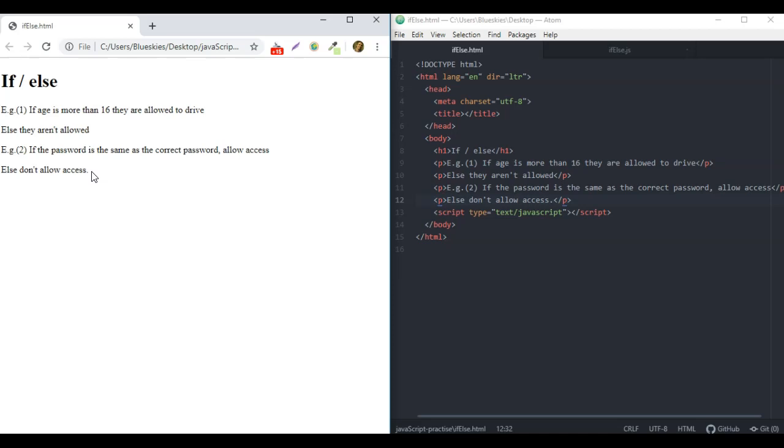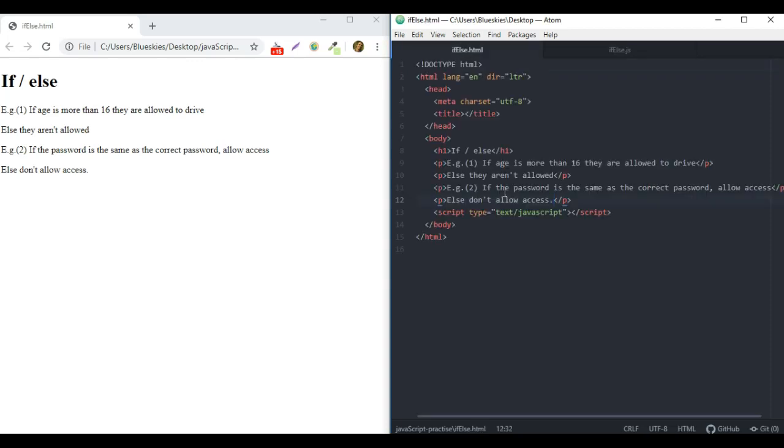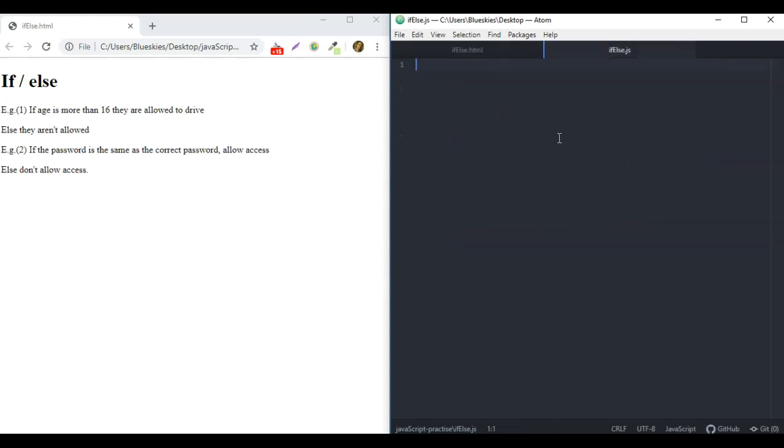Now I'm going to show you how you can actually apply this, and we're just going to use alert for now to try and get it to work. As always, we can do this in a simpler way, but I always like to do it this way because it helps us to revise. We're going to create a button, and then we're going to use the onClick equals, and then a function. I'm going to call this function ifelse, with the empty brackets, of course. And with the JavaScript, I'm going to create this function,